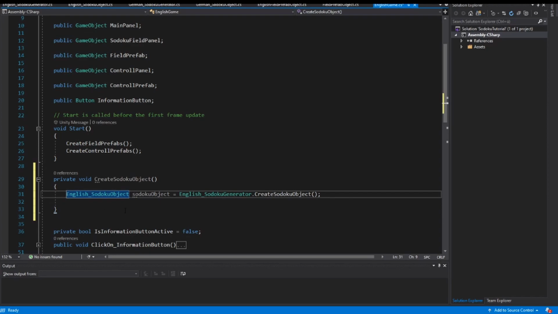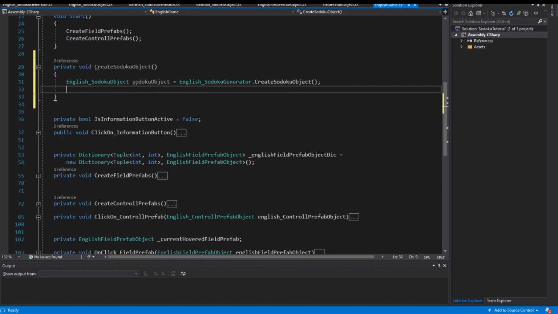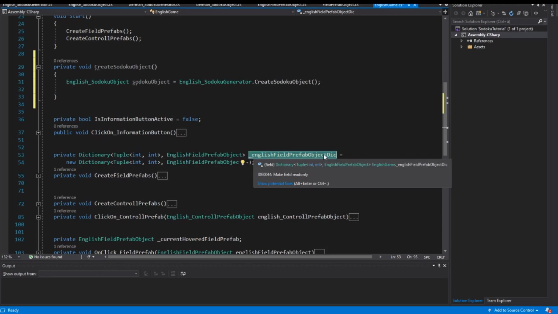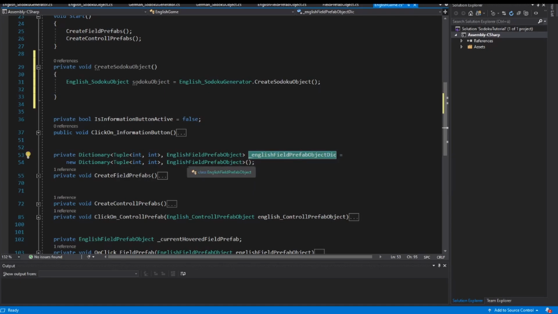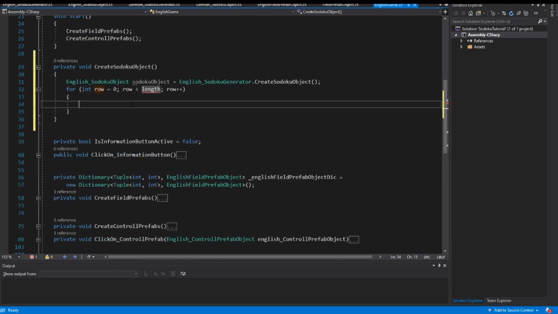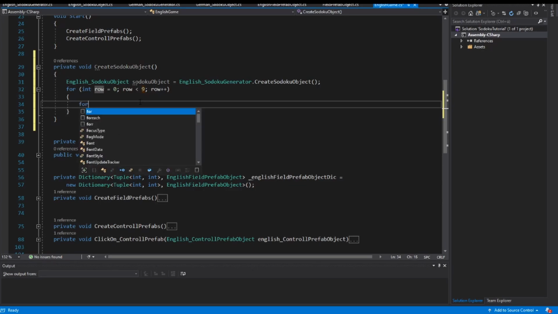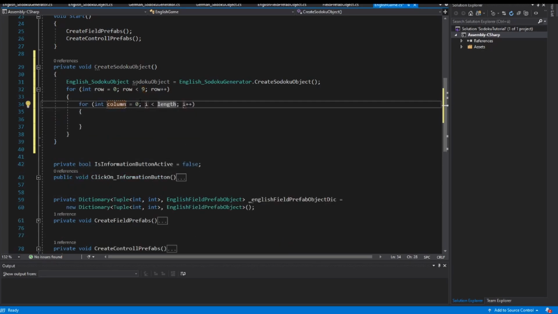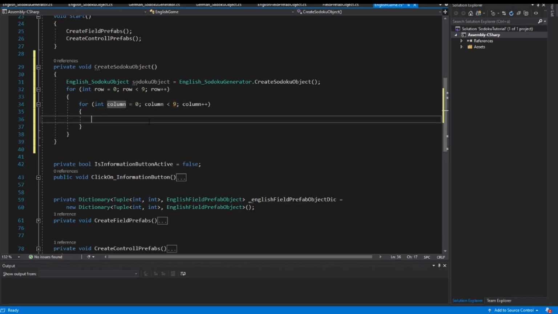And now I want to insert each value from the Sudoku object into my game. And we have here a dictionary, the English field prefab object dictionary. And this dictionary contains each English field prefab object. So I create here two loops. One loop for the row, it starts from 0, smaller than 9, and inside this loop I create a second loop for the column. It starts also with 0, smaller than 9, and here inside